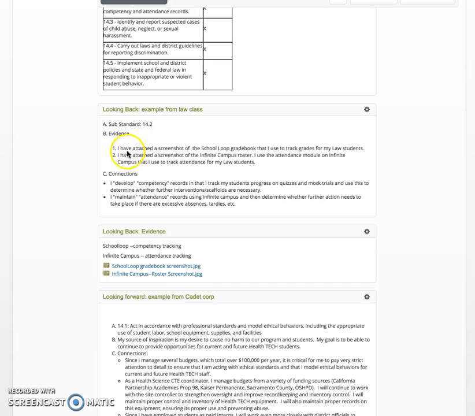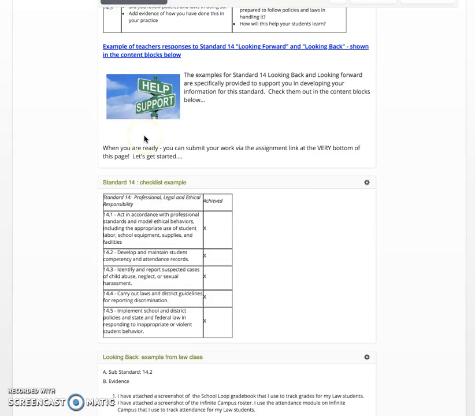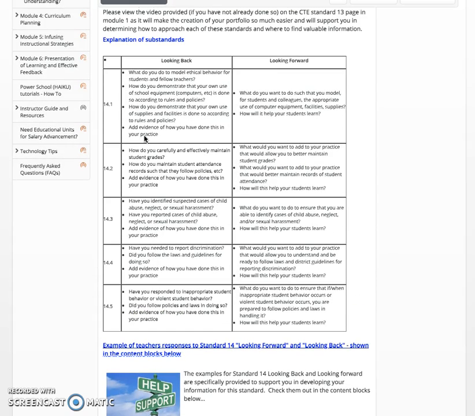So here's substandard 14.2, and here's an example. This person said, here's a screenshot of School Loop. I've attached a screenshot of the Infinite Campus roster, the attendance module, and then here's how the screenshots they gave attached to how they maintain their records in 14.2. So we're going to ask you to really take a look at this, because it makes me as sad as it makes you when I have to return something and say, this is great. Unfortunately, it does not address this exact standard. Maybe the person wrote about how they teach their students to do it, and I so wish with all my heart that I could say, yeah, great, complete, and I can't,